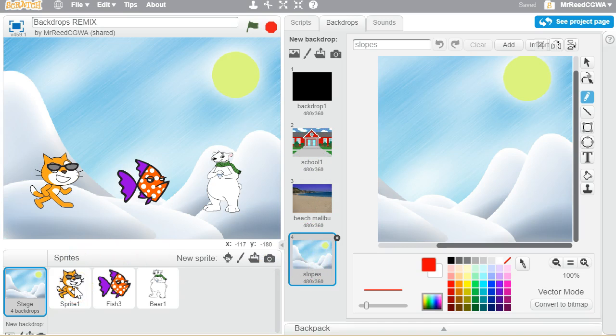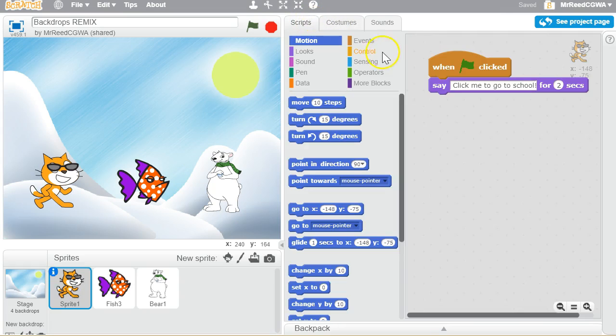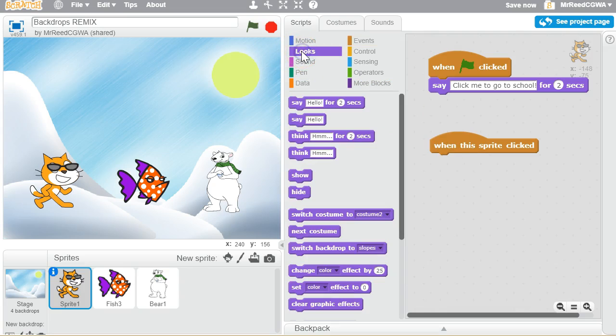Now what I would like to do is, let's click on the cat. I don't care about his costumes. I would like to go to his scripts. And in the Events tab, I don't know if we've ever used this one before. Here's a fun one. When this sprite is clicked. So it's different than when the game starts. When the sprite is clicked, and your best friend to deal with backdrops is going to be here in the